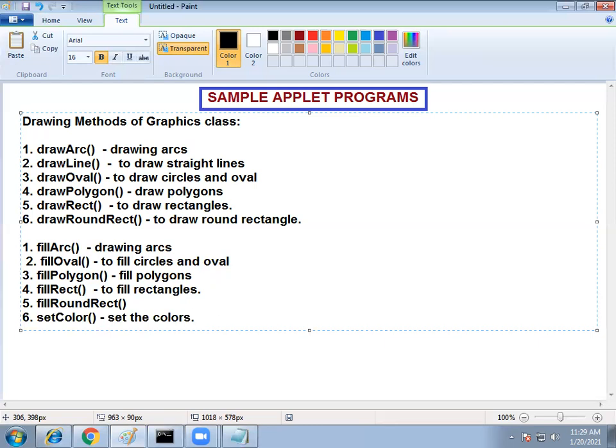So now let us see some examples to draw these shapes. So please note down all these methods, and then we will see one example program.